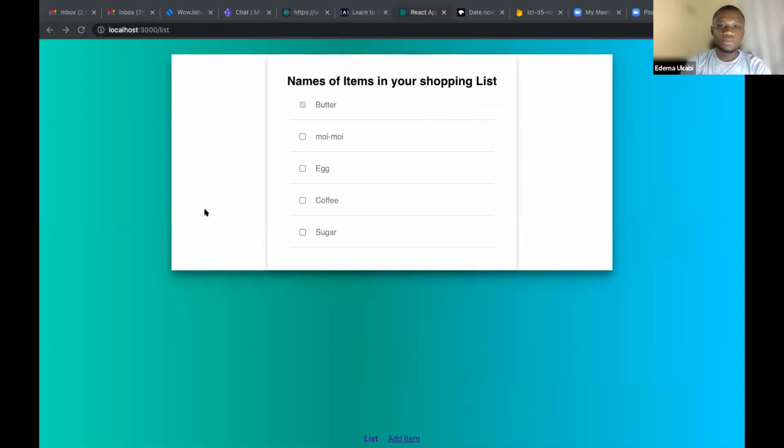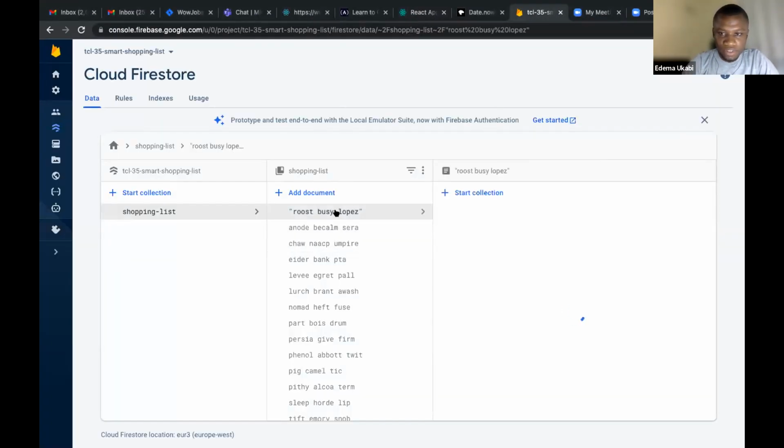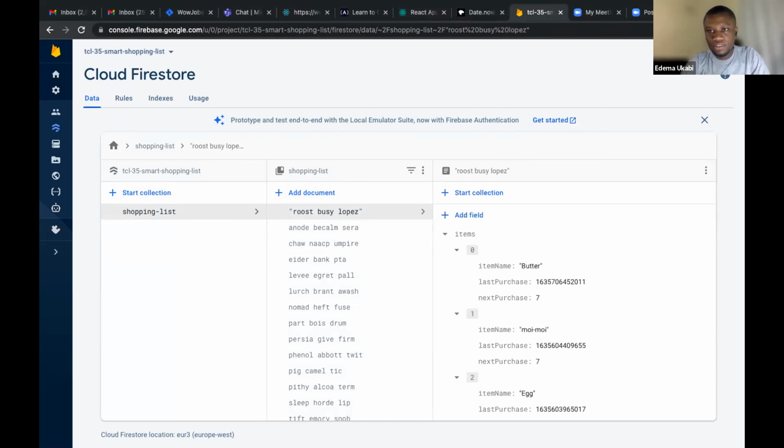Okay, so we're supposed to make sure that we create a checkbox in such a way that if someone wants to buy the item, like if someone clicks an item, the item is supposed to be purchased, and once an item is purchased, it should be reflected in the Firestore. So okay, an item that is purchased, it is assumed that the user does not need to buy that item again,